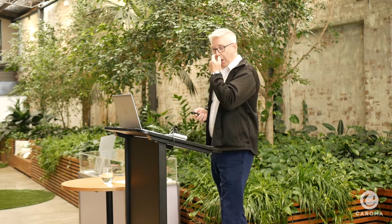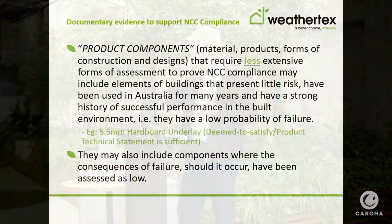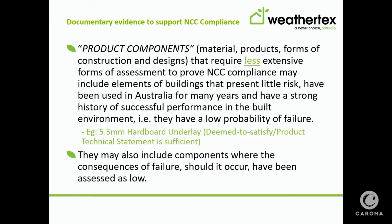It should work and you shouldn't have any issues with it. So it's kind of been a scheme to try and simplify the whole certification process. So on the other end of the scale, if we have products where the consequences of failure may have a